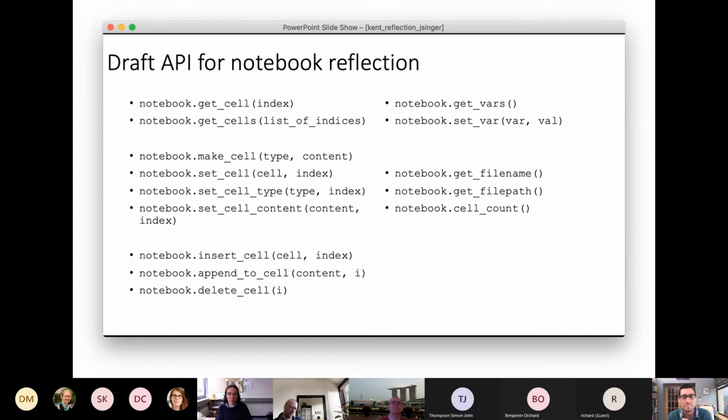Okay, so I sketched out a draft API for notebook reflection with my student, and we came up with these structural notebook calls here, which will allow us to change the cells in the notebook, to get hold of particular cells, to create new cells and insert them into the notebook, and to destroy cells as well.